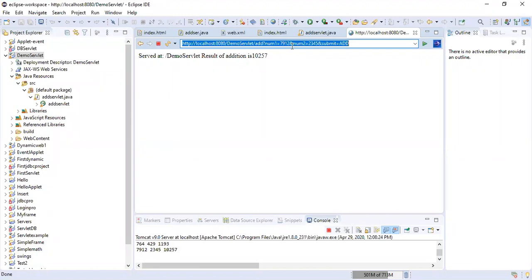So we will see the difference between get and post. Is it clear? When you use the get method, the name value pair data which you are sending to the server is visible.